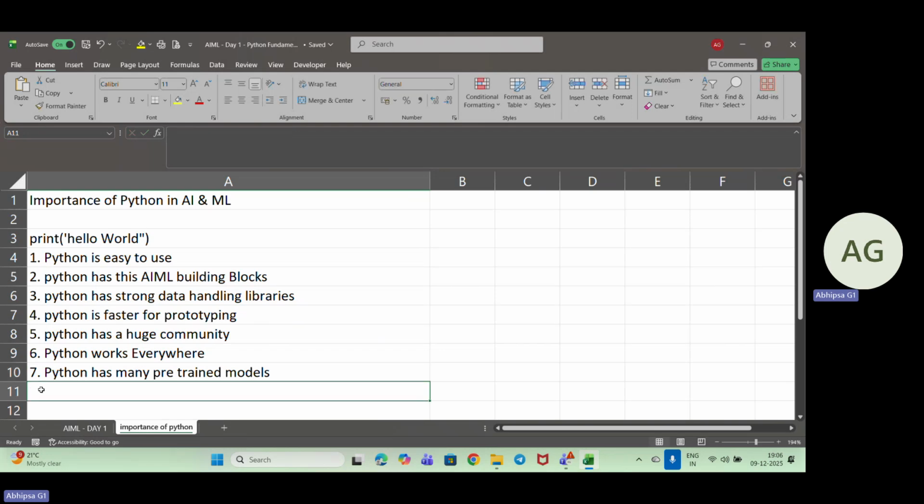Next, Python is used in all of the major companies, like the Big Four and many other organizations, because Python is reliable, scalable, fast to develop, and perfect for AI ML algorithms. And Python makes AI accessible for everyone.